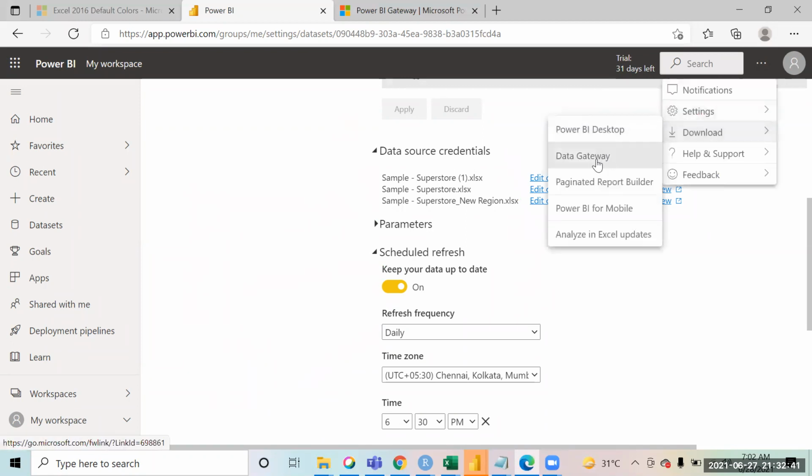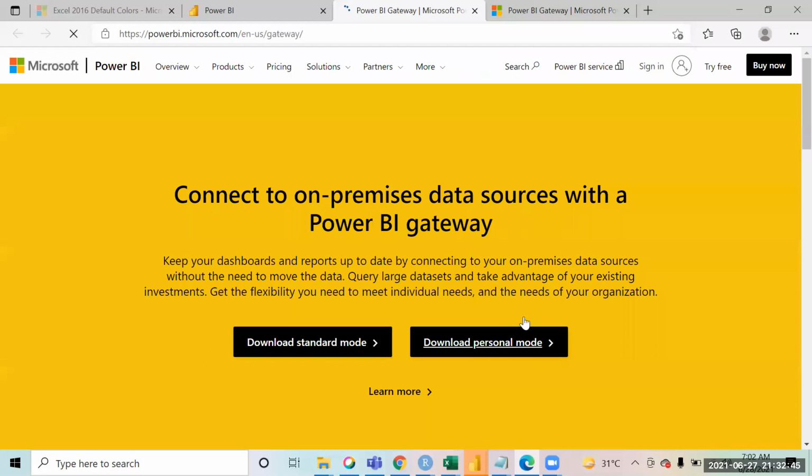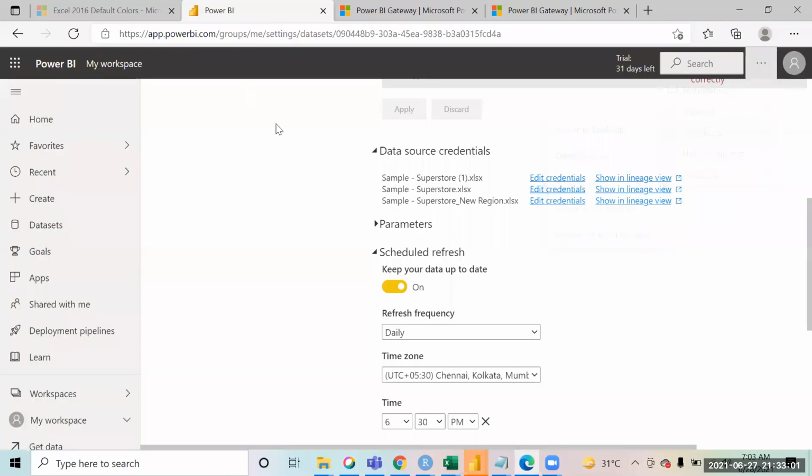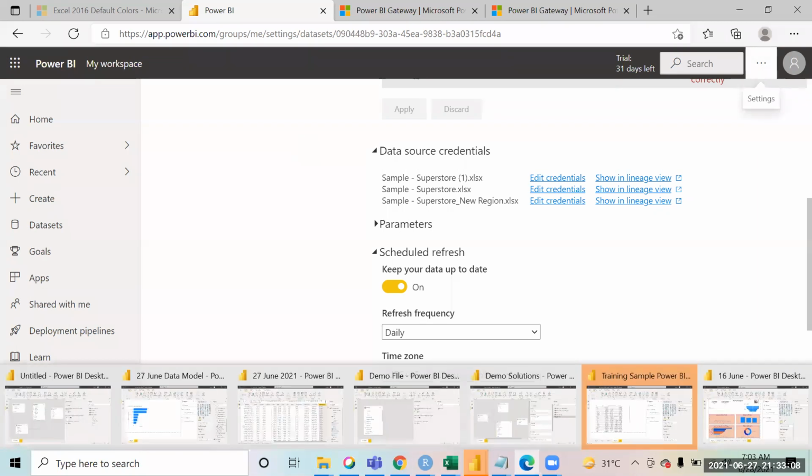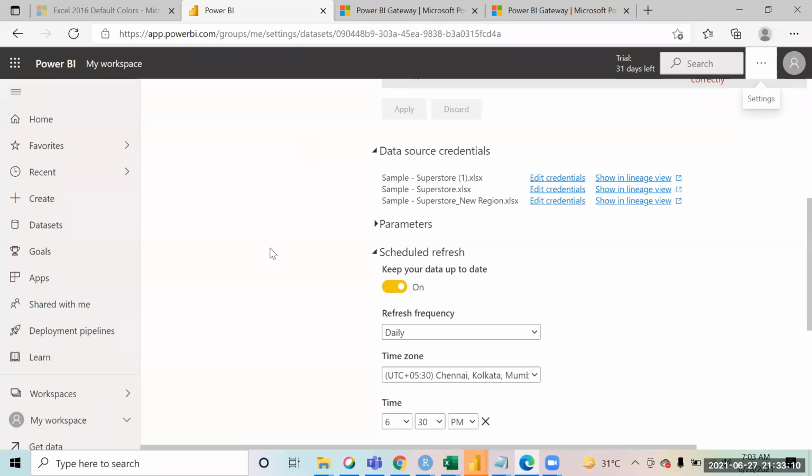When you clicked on data gateways, there were 2 modes available. One was personal mode, which is for your Excel files and CSV files. If the data is coming from a SQL Server and similar sources, you just have to install this other one. It will ask for the same things and is capable of identifying the server information. So if you pull the data from a SQL Server and publish it, it will do the same thing.